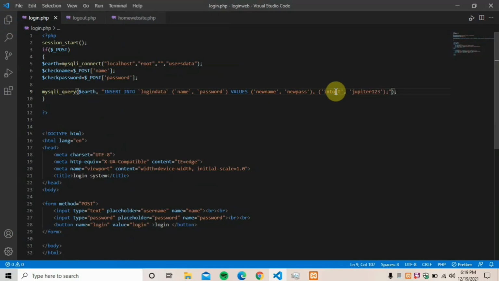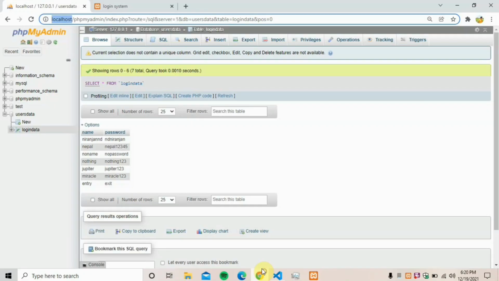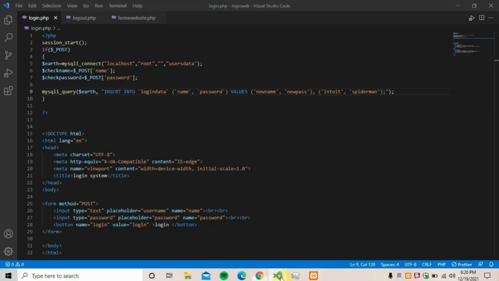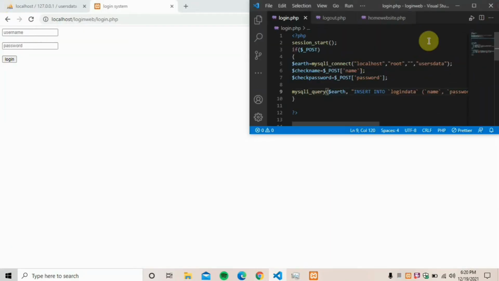We have run the query insert into login data name password, and for this I am changing the value. Now whenever we refresh our login.php, the database name and password will get updated. As you can see, there is no change in the name and password, but when I press the login button,